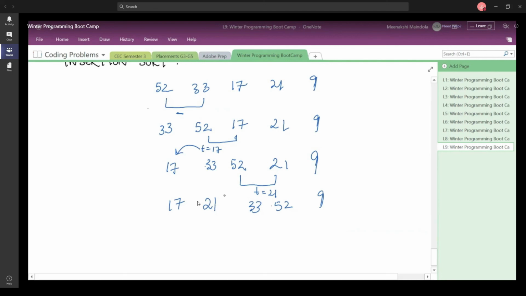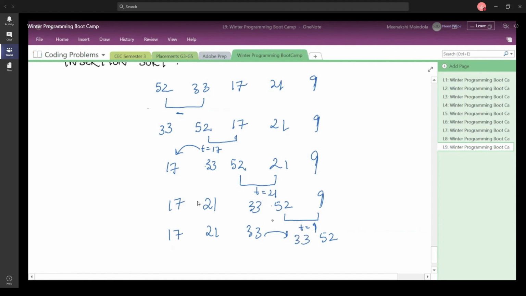Okay, so let us look at it once again for the last element. You compare these two elements and you say that I am going to keep 9 in a temporary variable and first copy 52 at its correct position, because once I compared them, I saw that 9 is less than 52, so I am going to place 52 here. Now the next thing that you do is you say that I am going to first compare 9 with 33. So you see 9 is less than 33, so you first copy 33 here.